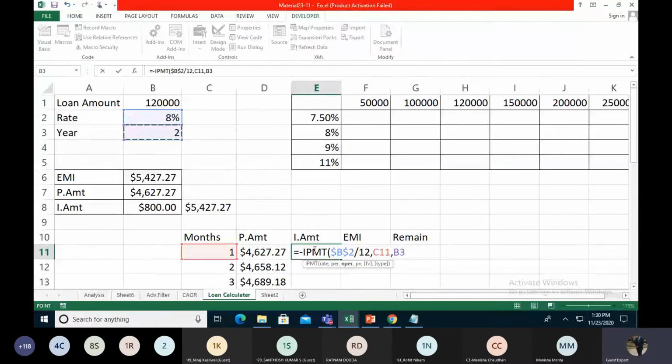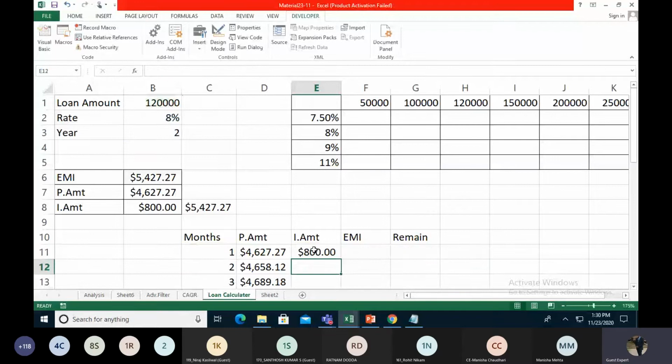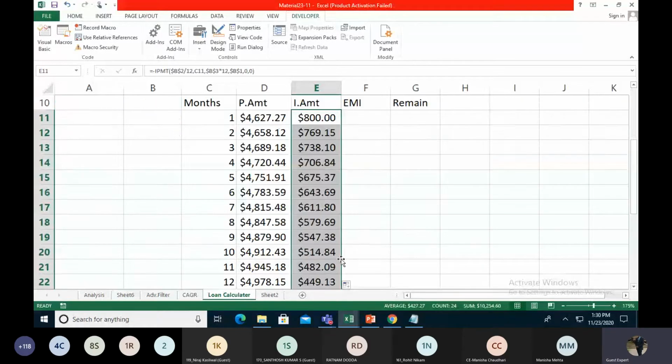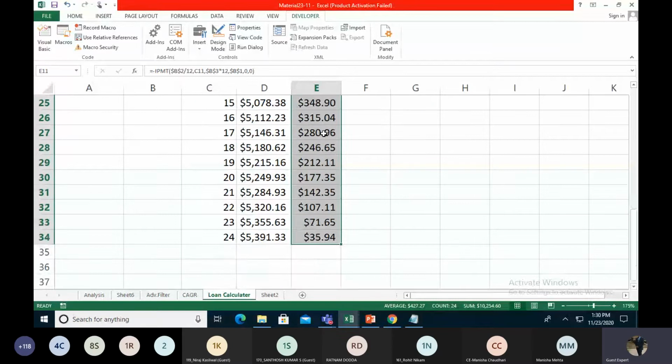We convert these 2 years into months. Then the principal amount, then future value, then end of the period. We just drag this interest amount. You can see the interest amount is higher at first, and then after that the interest amount becomes very low.